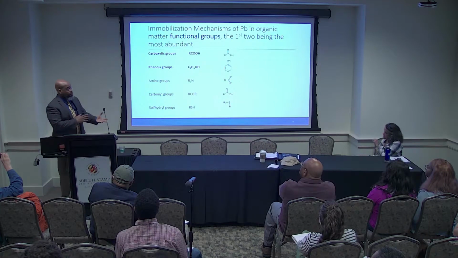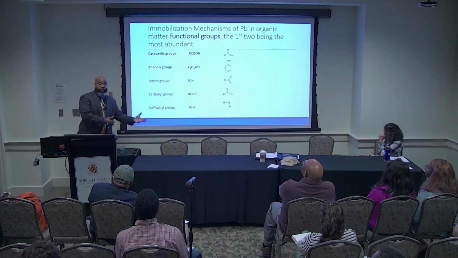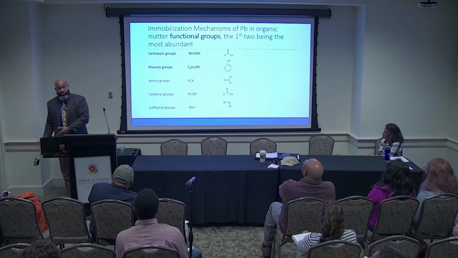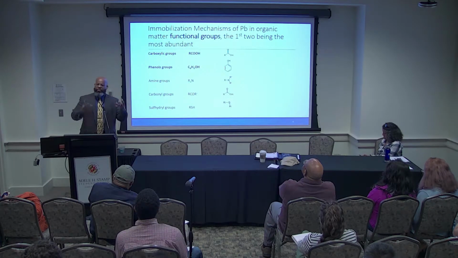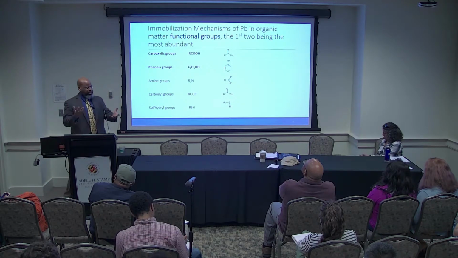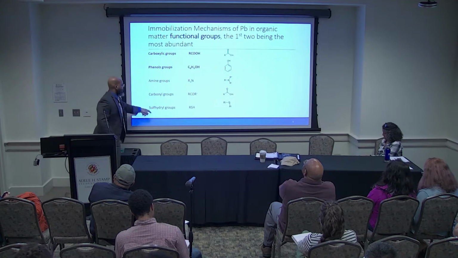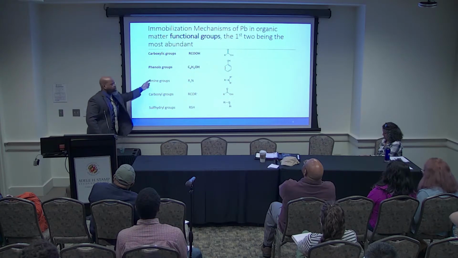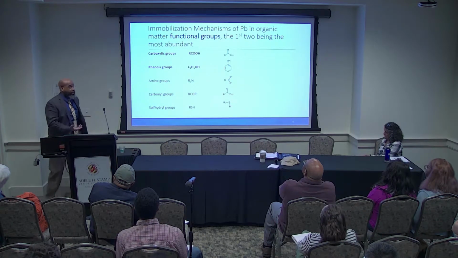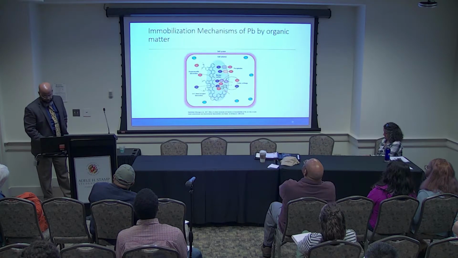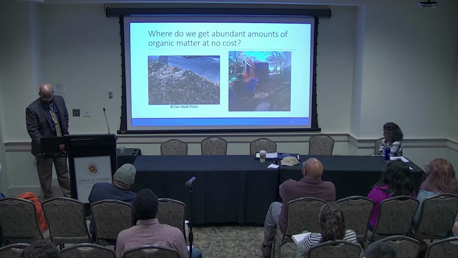There's organic matter that derives from animals, and then there's organic matter that derives from plants, and the composition of those are slightly different sometimes, and then you have a mix of these other types of groups that come into play.